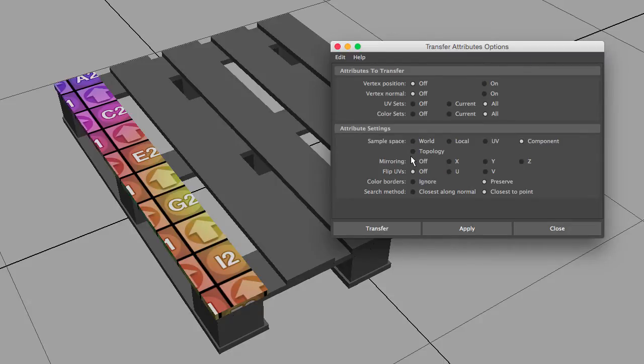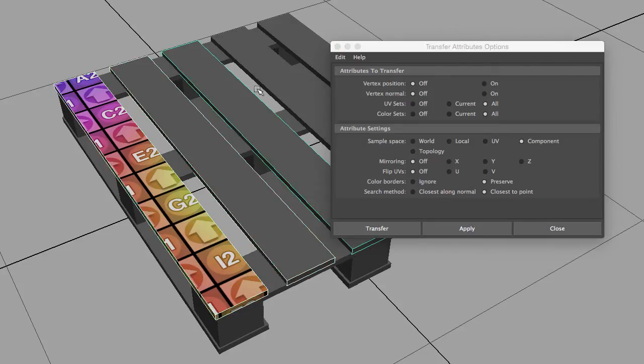The component and the topology. What we're going to use is going to be the component. Okay. What we're saying is, look at this object right here, and if these objects are the same when it comes to component, meaning that the vertices, the faces, and the edges are identical, go ahead and transfer the UVs. So if I select the first plank and then shift select the second plank,